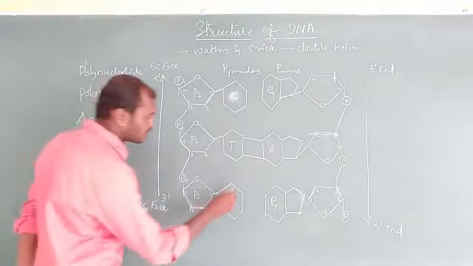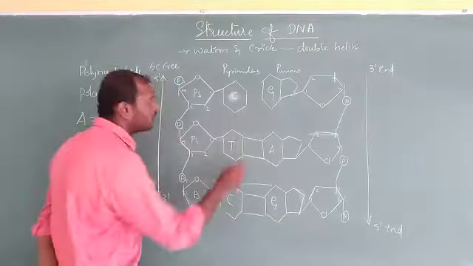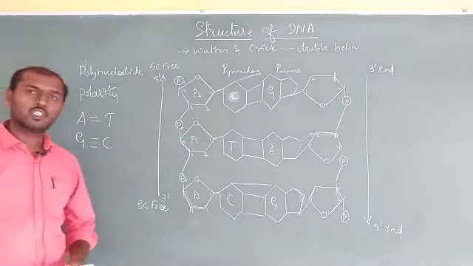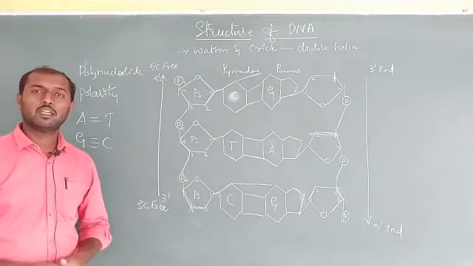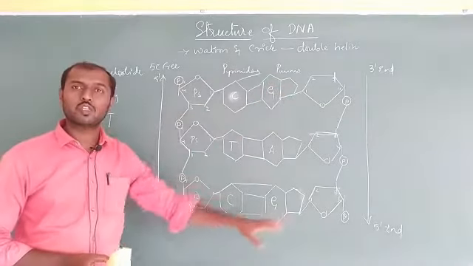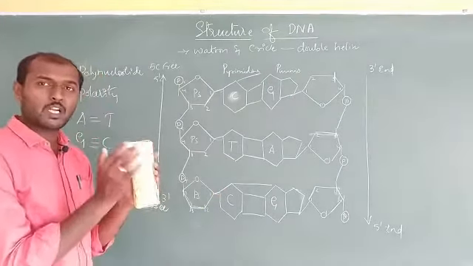Okay, so that is 3 hydrogen bonds are going to form here. That is 3 hydrogen bonds between the G and C and 2 hydrogen bonds between the A and T. Okay, so this is how the bond formation leads to the formation of DNA with 2 strands. Okay, so when you minimize it and look, it is going to appear somewhat like this.